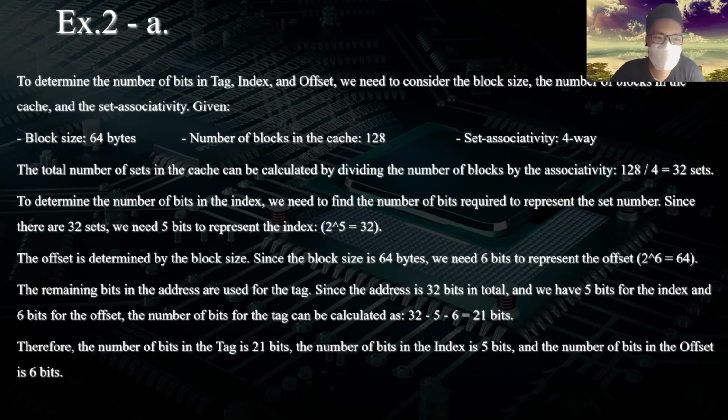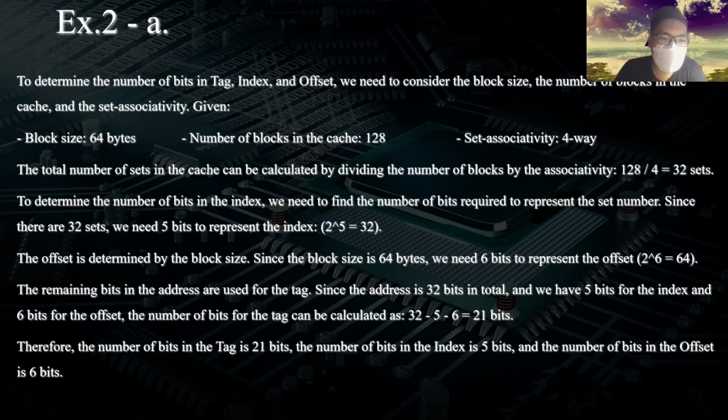Block size 64 bytes, number of blocks in cache 128, set associativity 4-way. The total number of sets in the cache can be calculated by dividing the number of blocks by the associativity: 128 divided by 4 equals